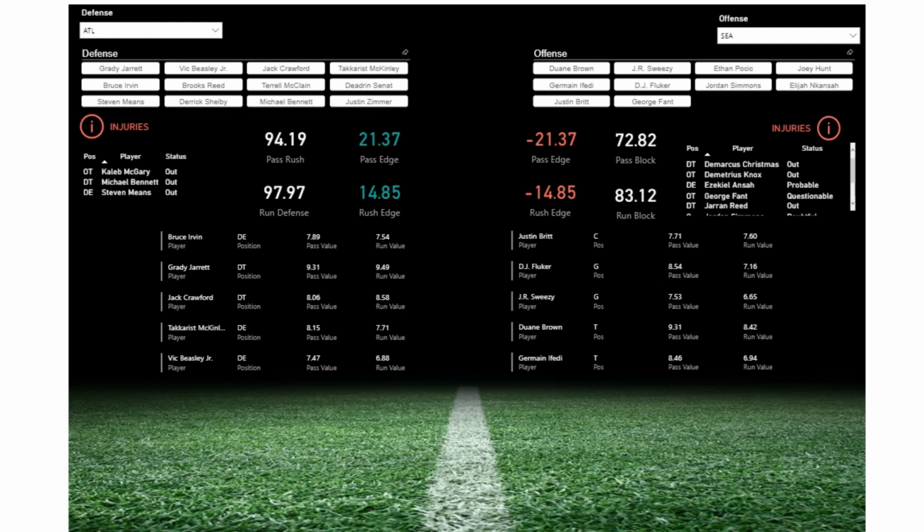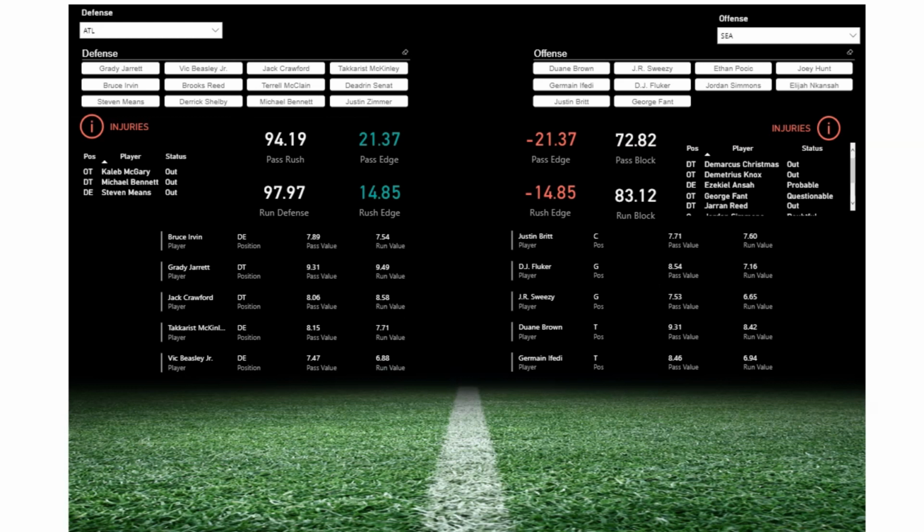And basically what we're saying is, does the sum value of the 5 guys we expect to start on the offensive line rank better than the 5 guys we would expect to start on the defensive line, for example, okay? So that's where this edge and this advantage comes into play. So these numbers are going to change a little bit. I'm going to try to simplify this, but